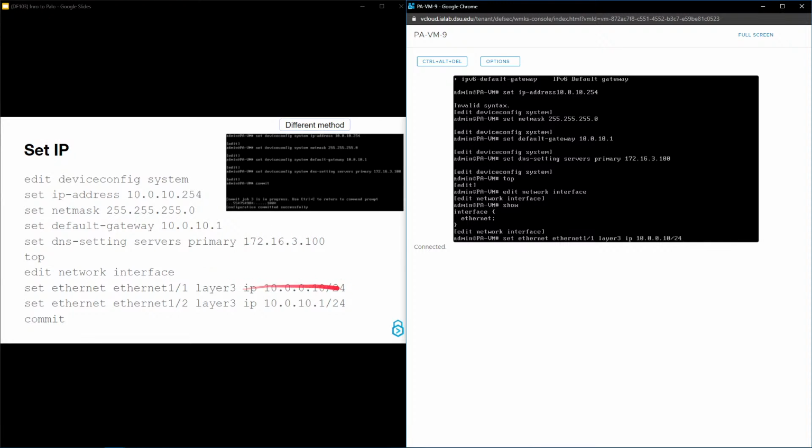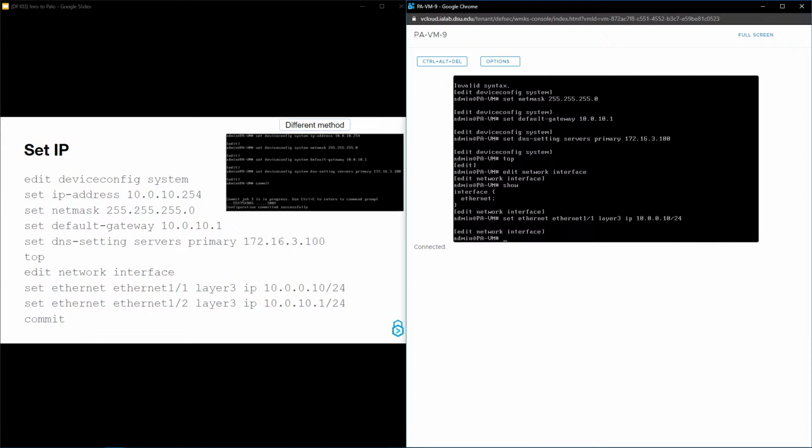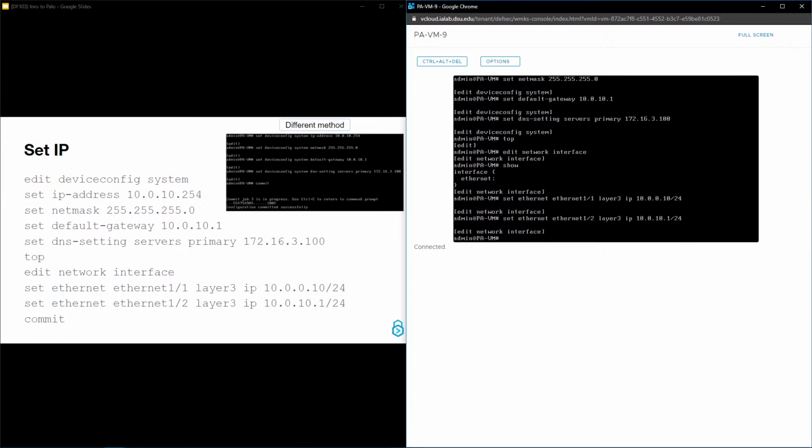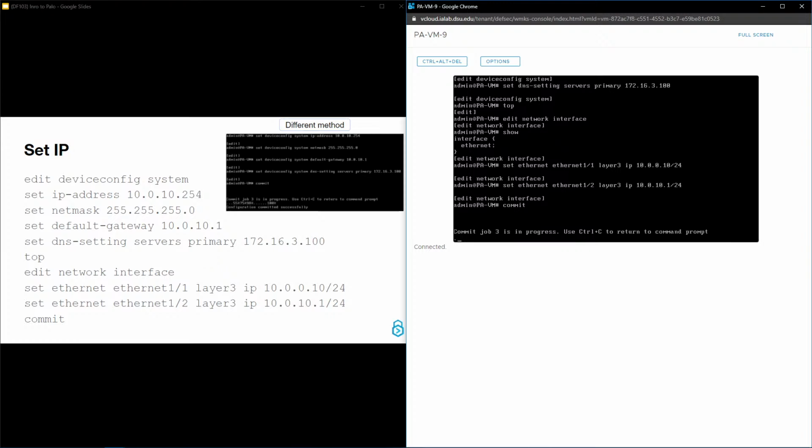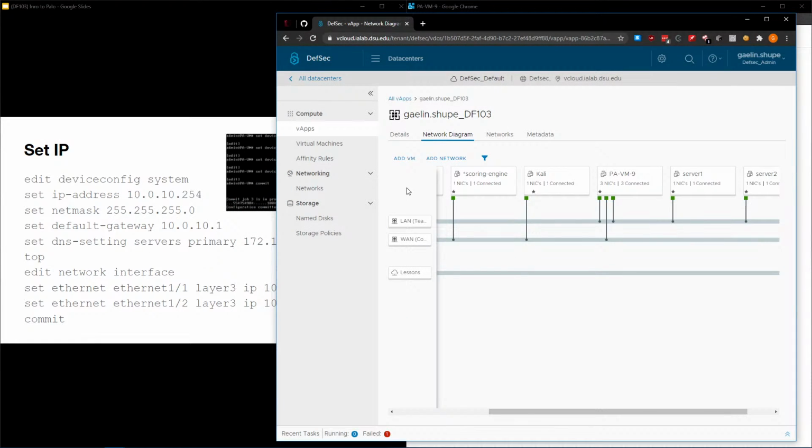So here we can set the IP address for certain interfaces. So if we want to set the IP address for Ethernet 1/1, then we can do that. And set the IP address for Ethernet 1/2, layer 3 IP 10.0.10.1/24. All right, so we just did all those changes, but they aren't actually committed yet, so nothing changed on the Palo yet. So you have to actually do commit, and it's going to push those changes. It'll take a few seconds. However,